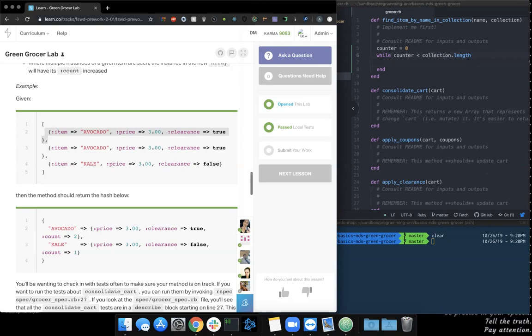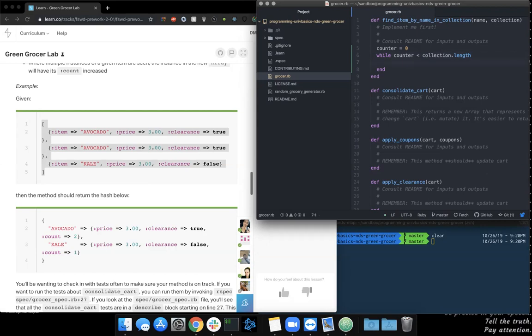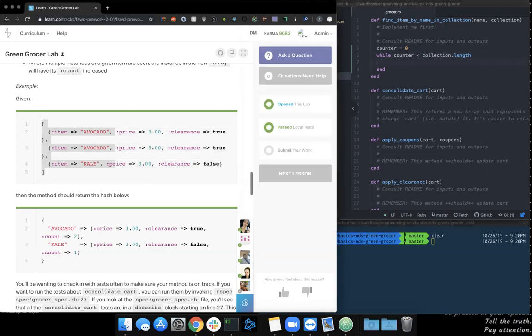So index 0 is our first item, index 1 is our second item, and index 2 is our third item. We want to loop through this array of hashes as long as our counter is less than the length of the collection, which is 3,